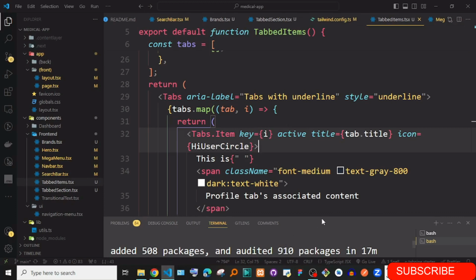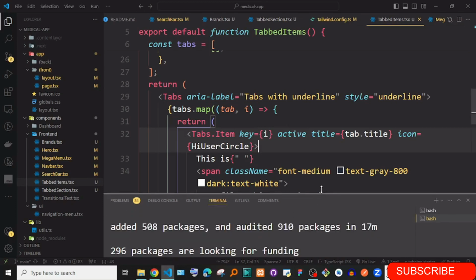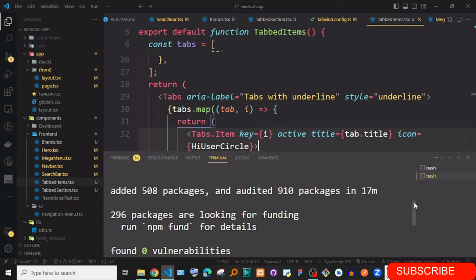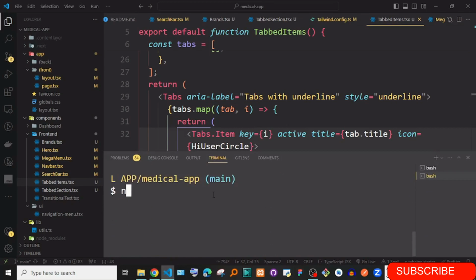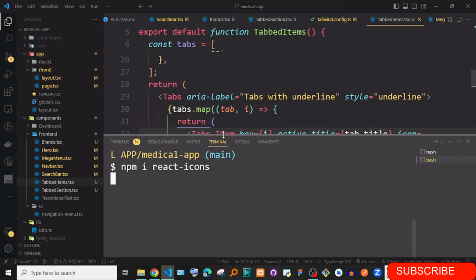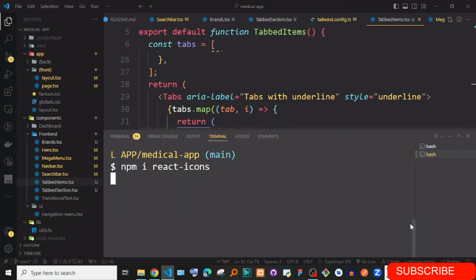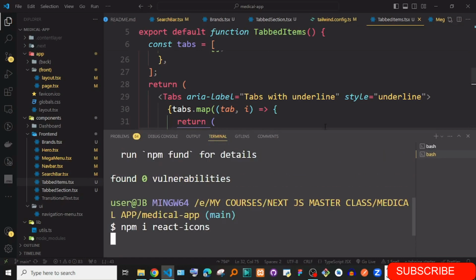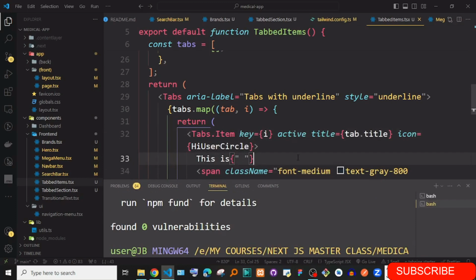And let's install React icons. I think that's what the problem is. npm install react-icons. Let's install React icons, and therefore let's return this. Actually, I think